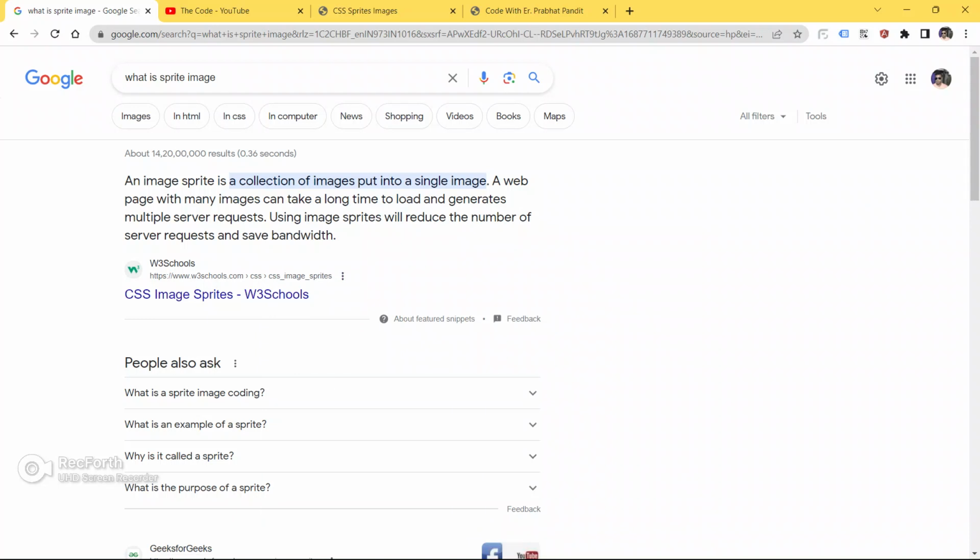A web page with many images can take a long time to load and generate multiple server requests, which means if your site has a lot of images, your site will be heavy, it will take a lot of time to load, and it will be difficult to manage your code. Using image sprites will reduce the number of server requests and save bandwidth.